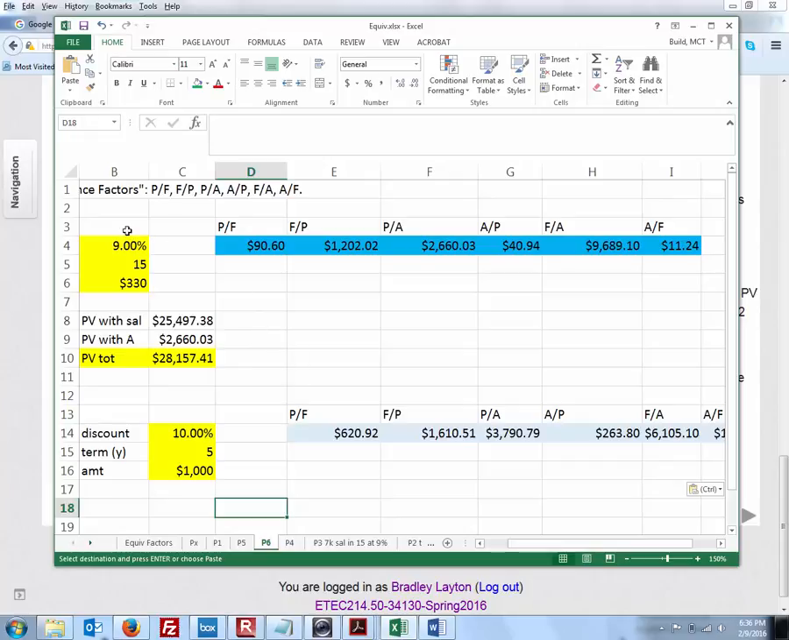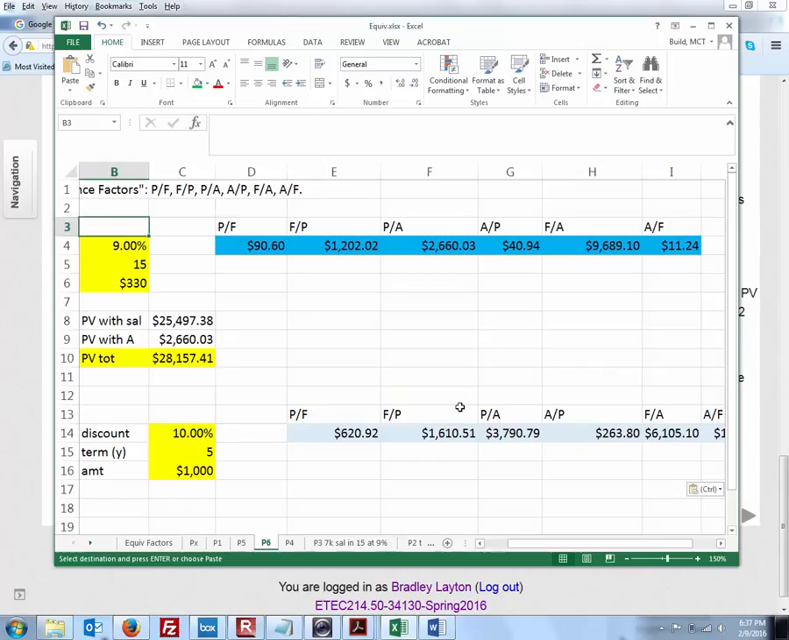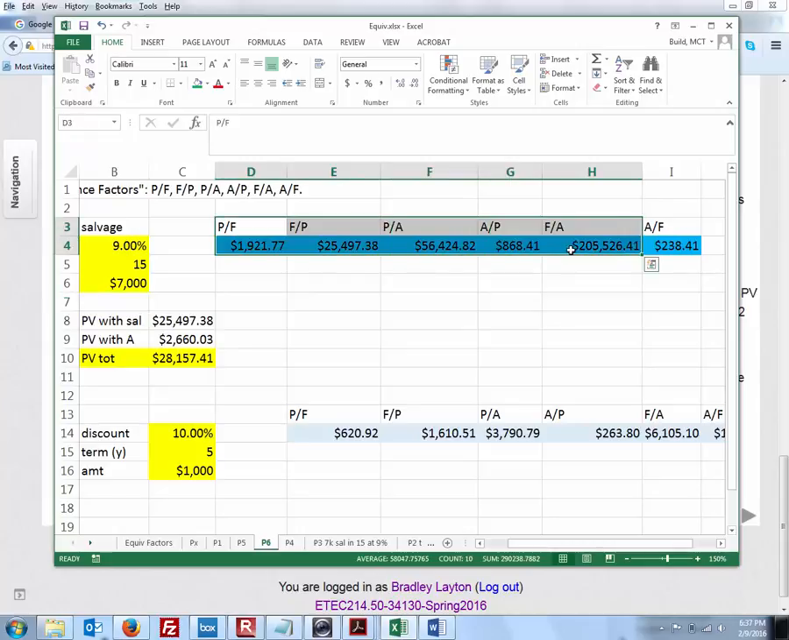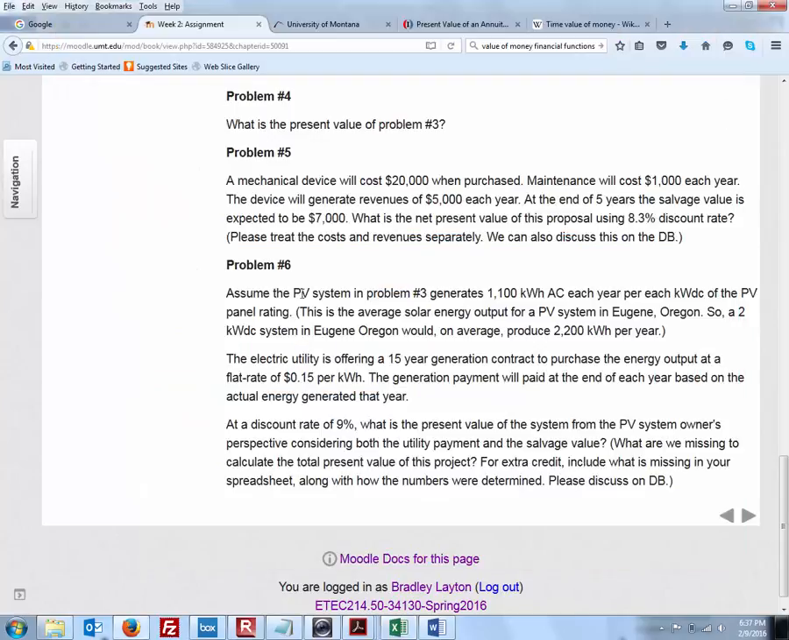All right, so I'm going to go back where I was. I'm going to use both the utility payment and the salvage value. So let's just go back to what we know. So here's the salvage. 9%, $7,000. There's our 238. We don't care about those. Okay. So that's the salvage. Now,